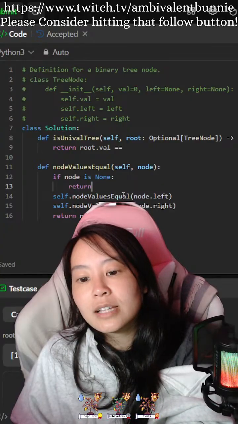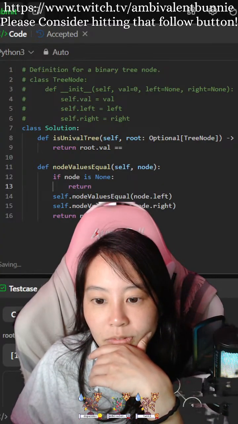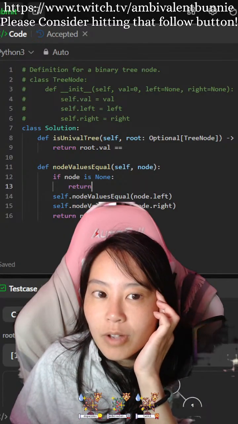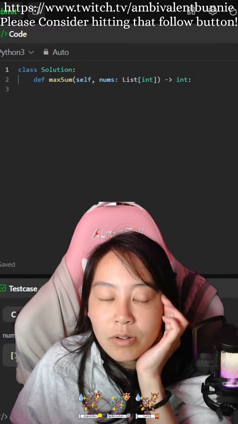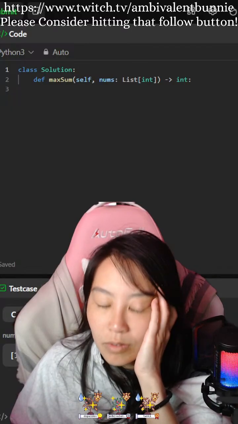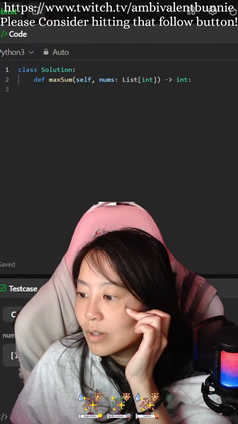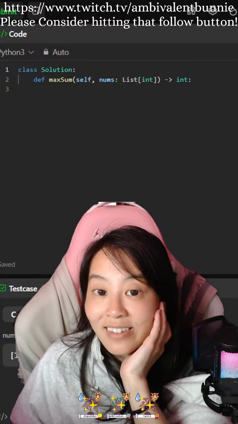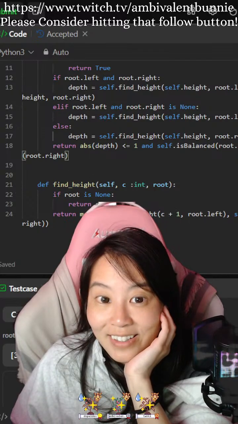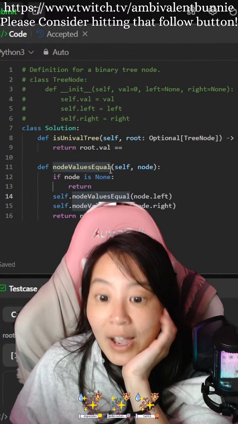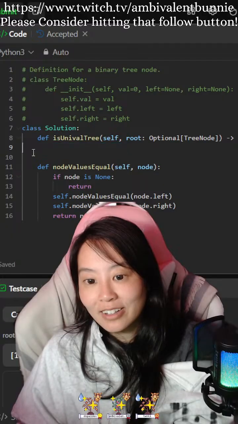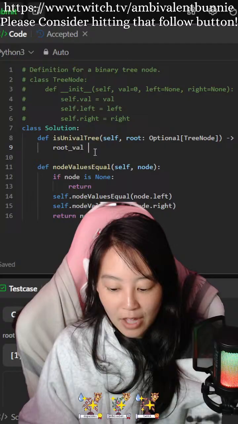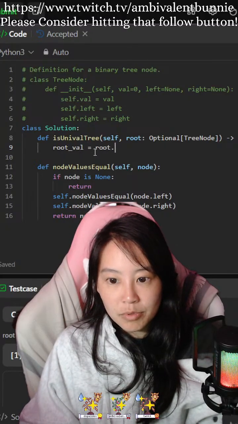Or actually, I guess it should just be return. Okay, so if something is awry, one of my children doesn't have, return false. Yes. So I know that. I had that check originally. Okay, so originally I had root val equals root dot val.